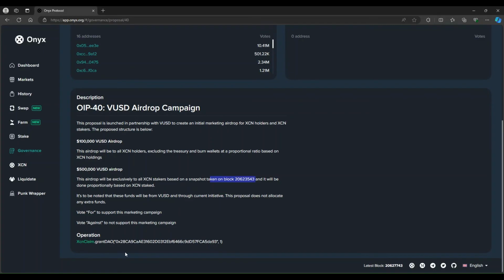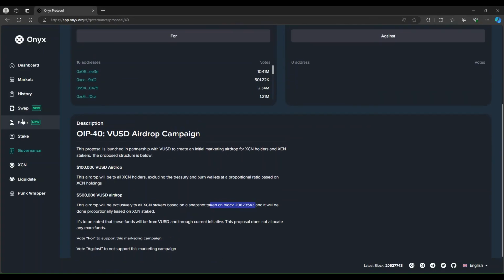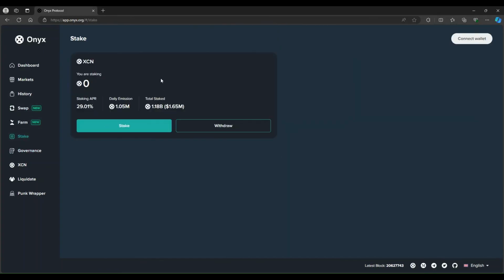Let me get this back up here. And wrong ones. Here we go. So we get 29% right now. Now, I did have somebody in my comment section last week say that they have a drainer installed on their staking. That has not been my experience. And for total transparency, I am promoting this for free. XCN is not paying me anything. I have no sponsorships whatsoever.